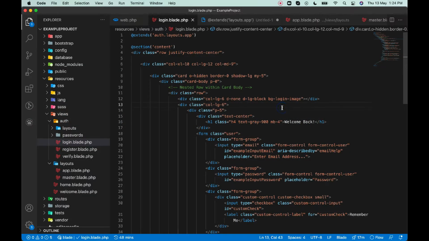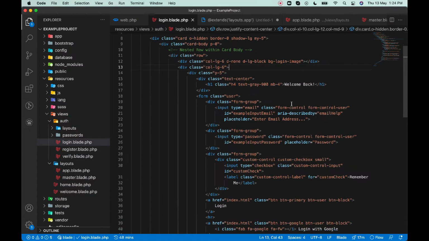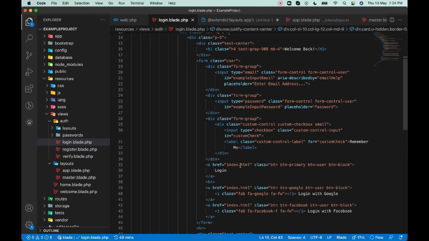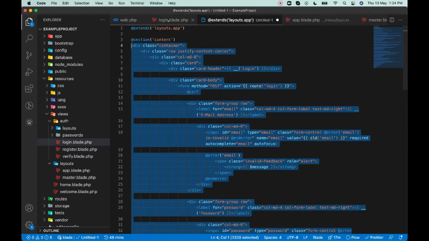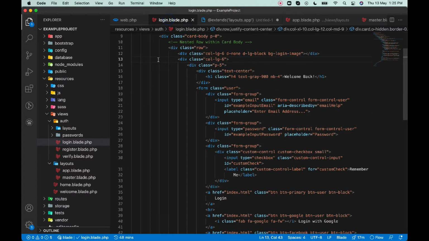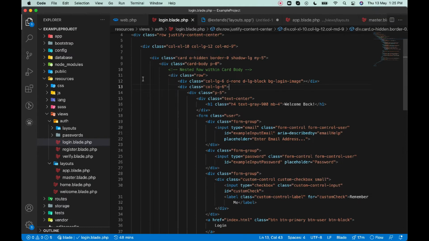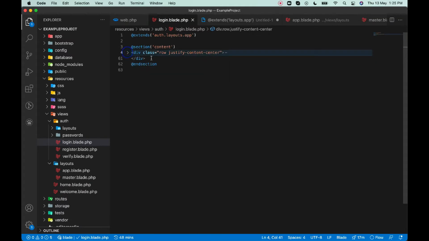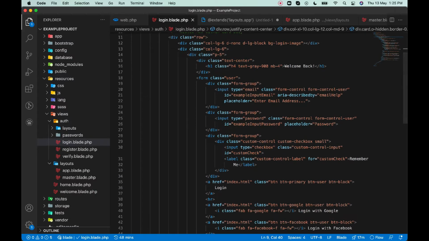So what we have to do in this case, we can simply make these files. All right, so I have made changes quickly into this. So what we have to change here,